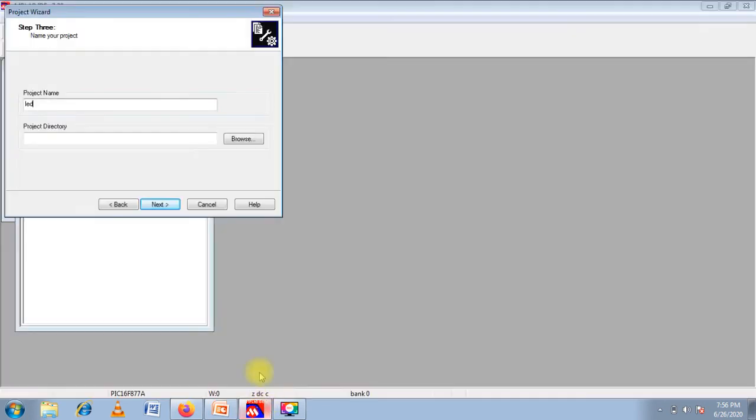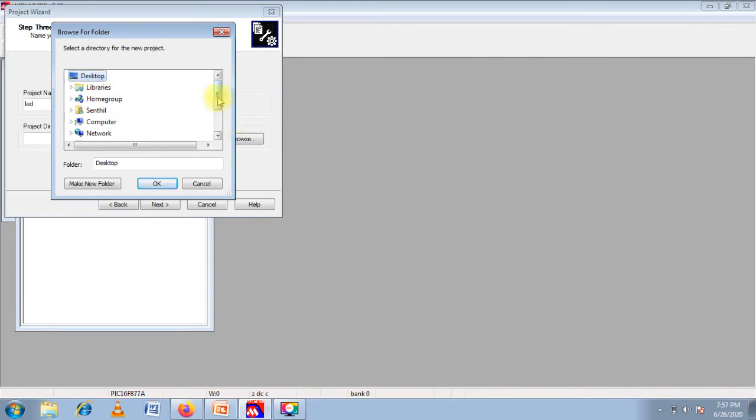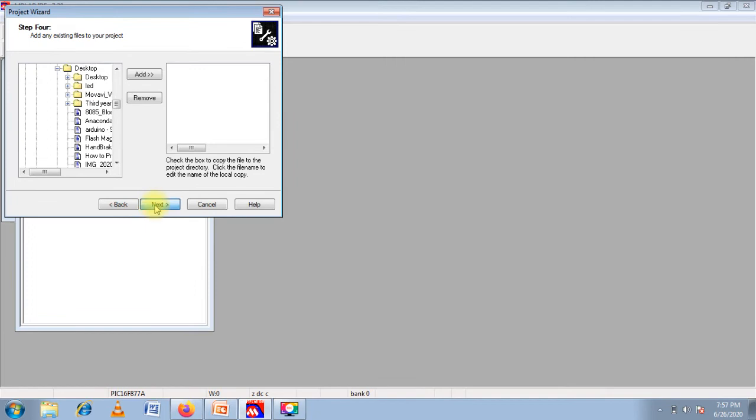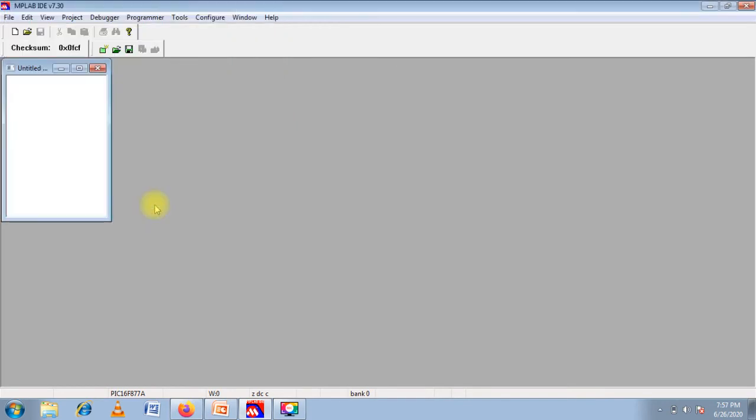Then give the project directory. We set the project directory as desktop LED. Next, then click finish. Now the project directory will be open.